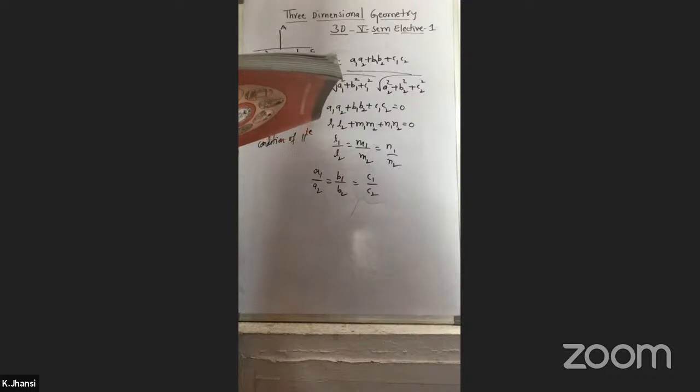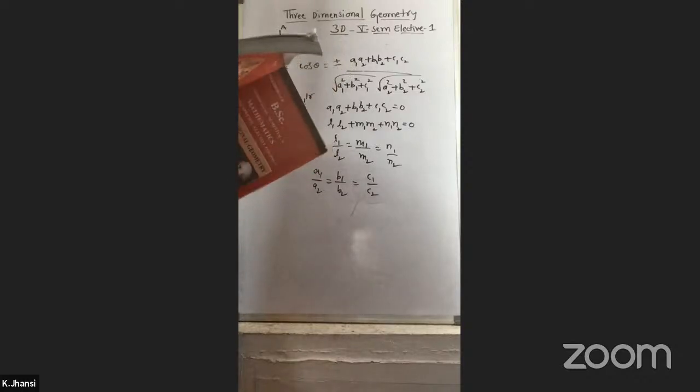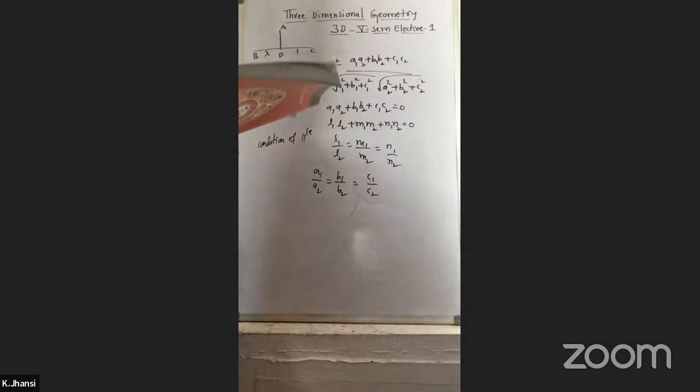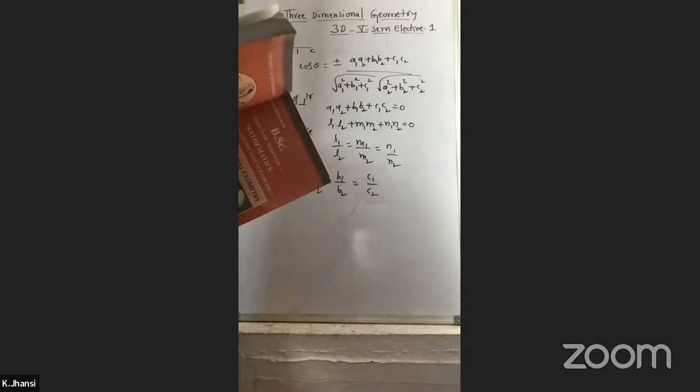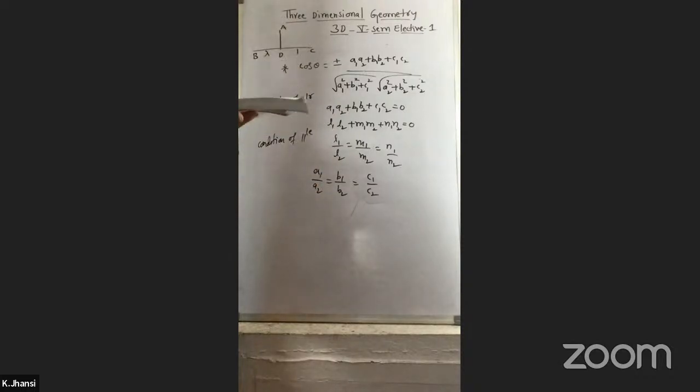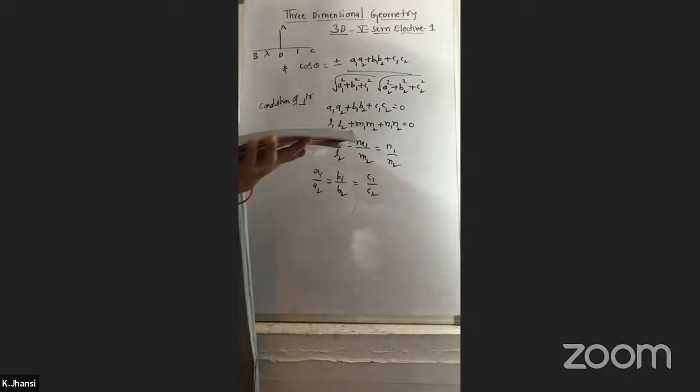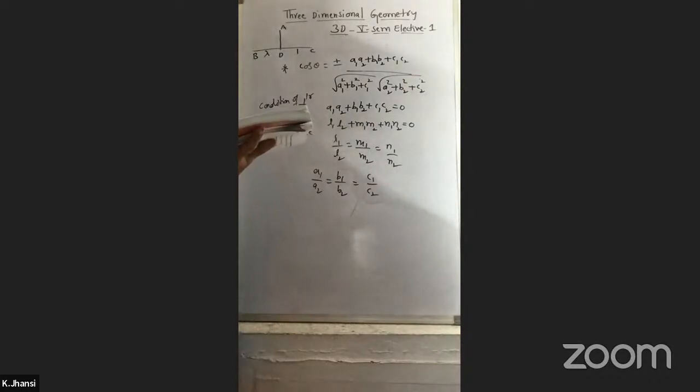Here 6 edges will be there in the cube, and 4 diagonals you will get here. The diagonals will be OP, AA dash, BB dash, CC dash. With the help of the 4 diagonals and the 6 edges, and direction cosines, if you substitute in the formula, first AA dash, 1 diagonal, OP,